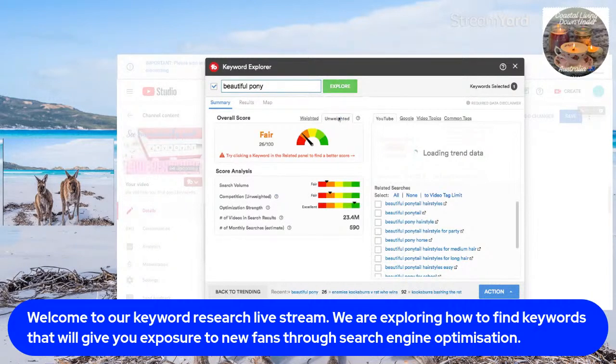So this is coming up unweighted as 26 out of 100. So there's not a great deal of people looking at it, but there's also a lot of competition for those that are looking at it. There's a lot of other videos about beautiful ponies. So what I did find for you,